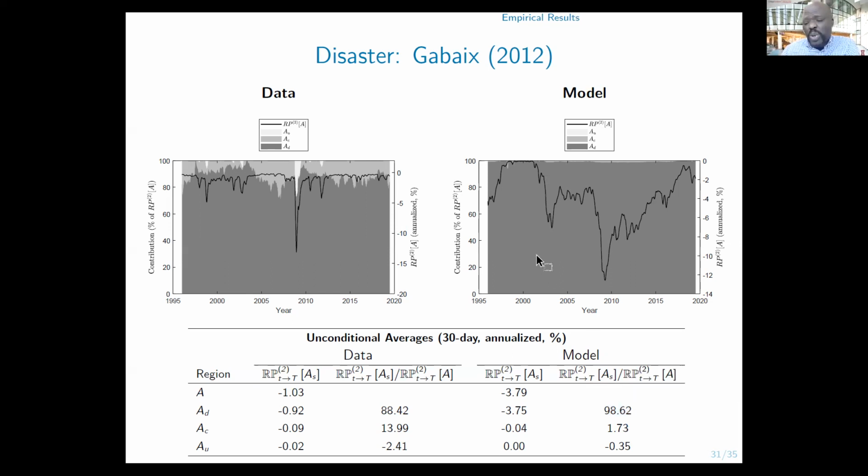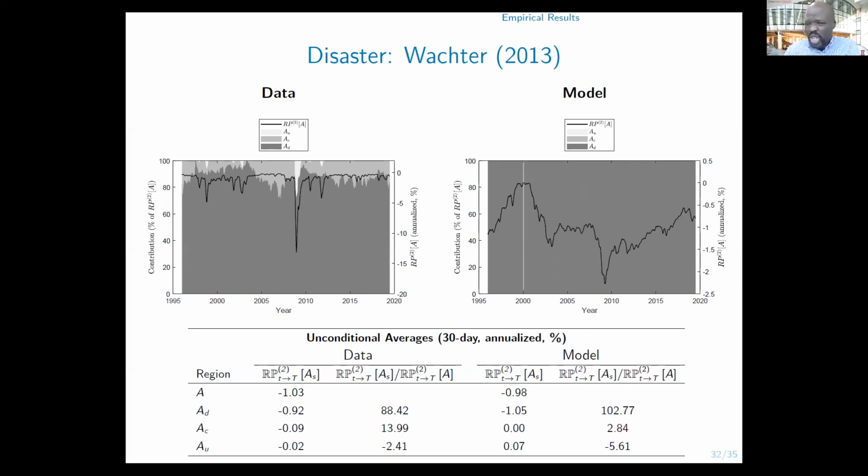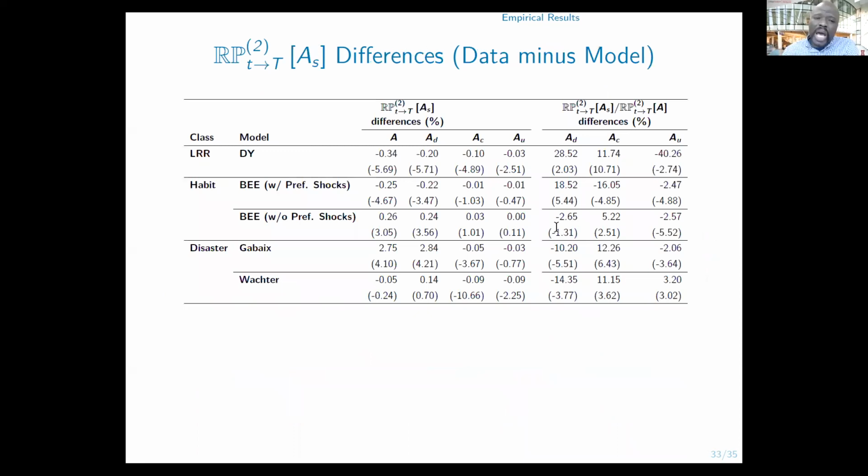98%. And this is common. If you take Gabaix or you take Wachter, this is Wachter as well, and they have almost similar implications. Let me remind you, I want to be fair here, that in these models you have one state variable. So that could explain why also, right? Not only do you have a huge amount of downside over the tail risk, but again, you also have one state variable. So now we also compute the difference between the data-implied variance risk premium and the model-implied variance risk premium